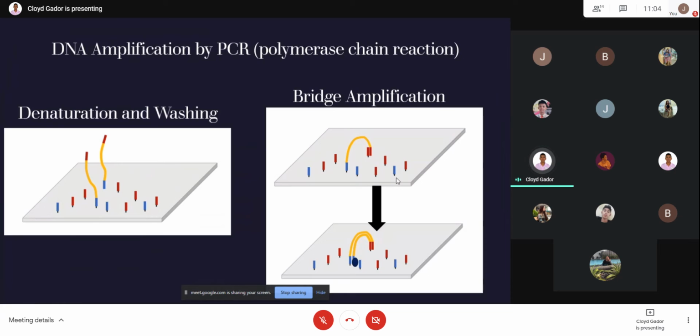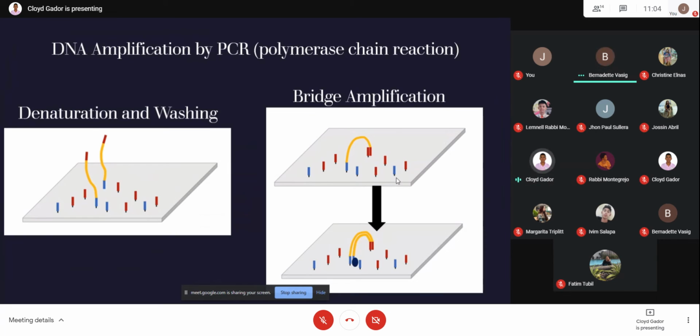So sila na duwan nga ni stick na siya sa oligonucleotides within katong ni attach sa flow cell. And this process is what we call bridge building, and it again undergoes DNA amplification, but still through PCR or polymerase chain reaction to synthesize a